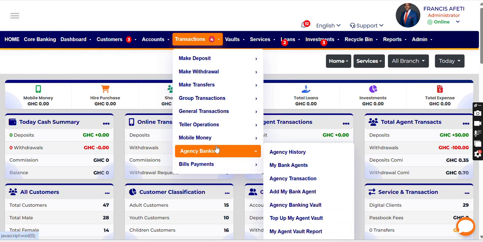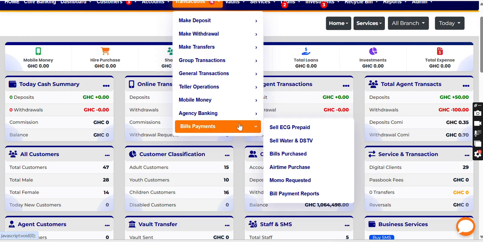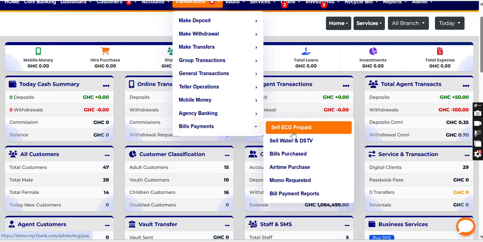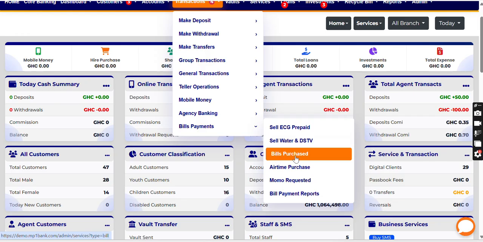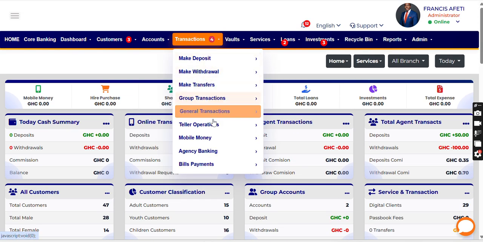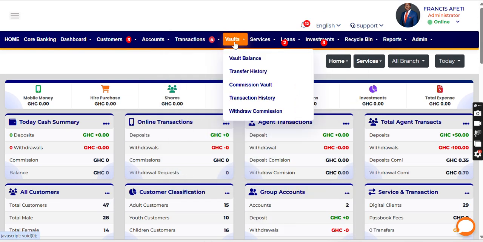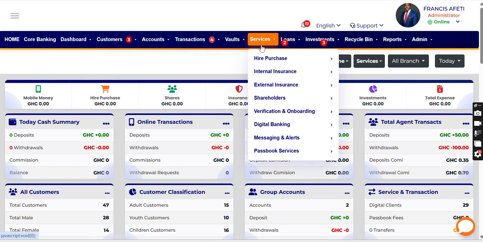We also have bill payment. And then under bill payment, we have Cell ECG prepaid, Cell water and DSTV bill, and then bill purchase, airtime purchase, Momo request, and then bill payment report. That is under transaction. Then we move from transaction to vault. We have your vault balance, your vault transfer history, your commission vault, your transaction history, and then withdraw commission vault. Under vault, we move on to